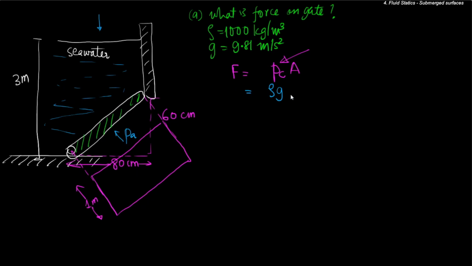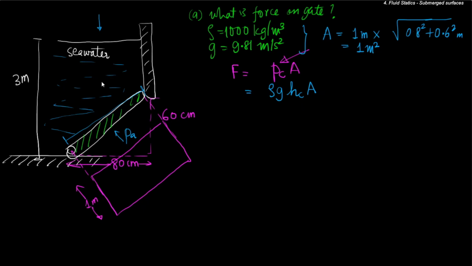So what will be the height of the centroid? That is all we need to find out. So first of all, let us get certain other parameters out of the way. The area of the plate is equal to 1 meter times, so if this is 60 and this is 80, this particular length will be square root of 0.8 squared plus 0.6 squared, which is 0.64 plus 0.36, which is equal to 1. So the area is 1 meter square,